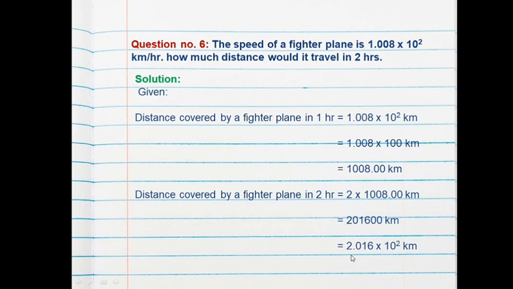As I already told you how to convert a number into exponential form, but again I'm going to explain, that is after the first digit give a decimal, that is 2.016. Now in 2,01,600 how many zeros are there? That is 2. So we will multiply here into 10 raised to the power 2 kilometer. Okay, this is how we have to take out the answer.